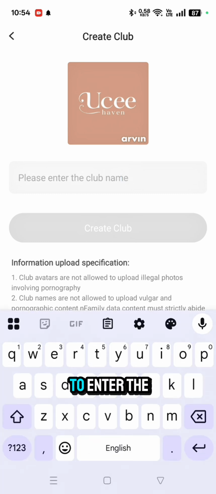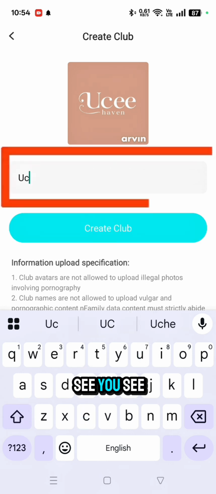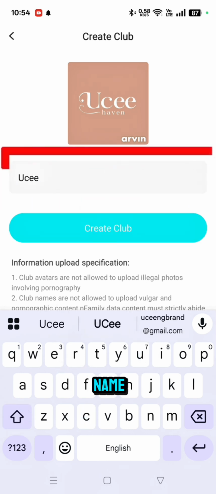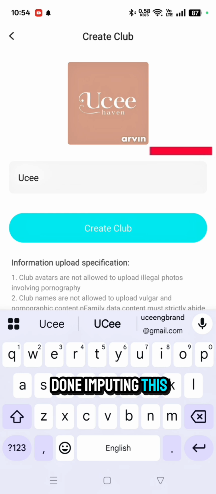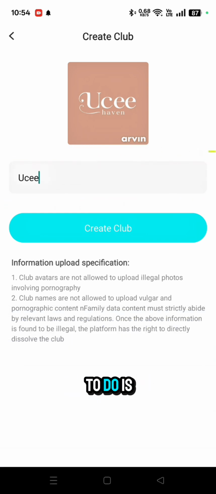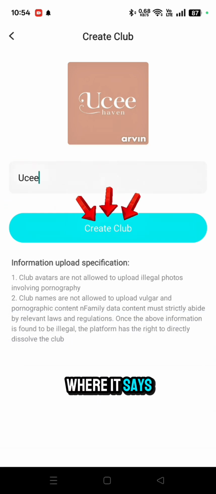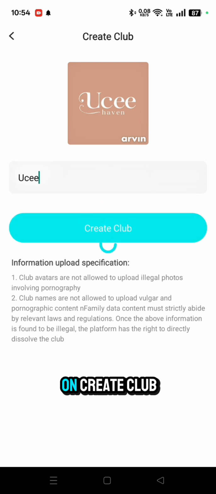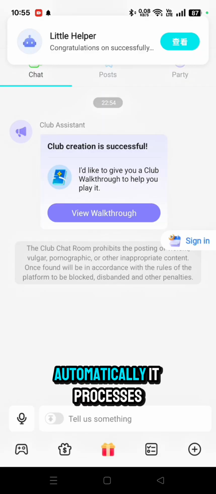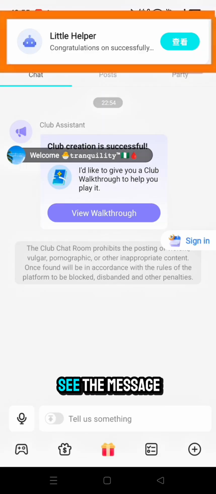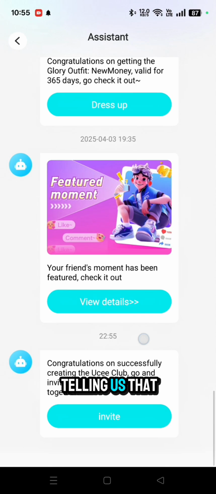So all you need to do is to enter the club name. So I'll just say UC as the club name. And once you're done inputting these two pieces of information, all you want to do is to tap on where it says create club. When you tap on create club, automatically it processes and you can see the message telling us